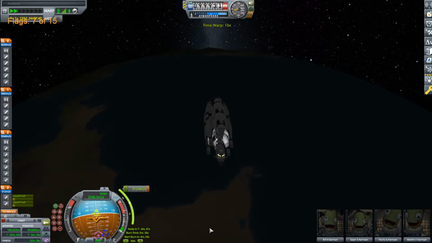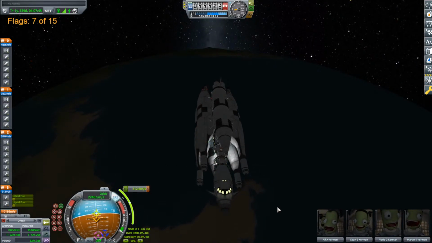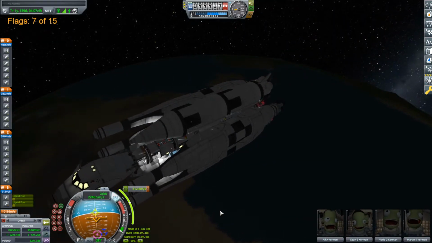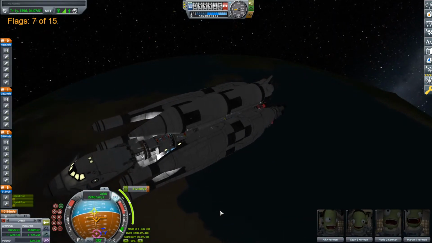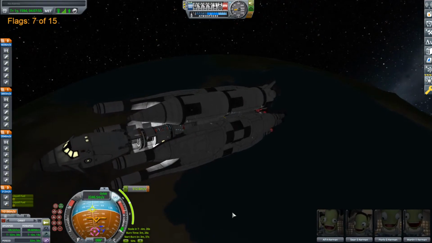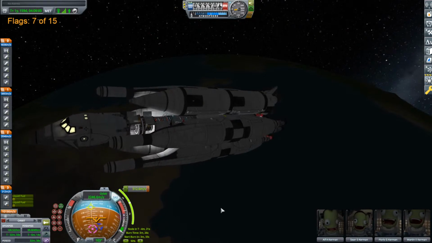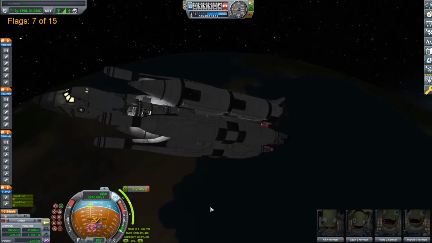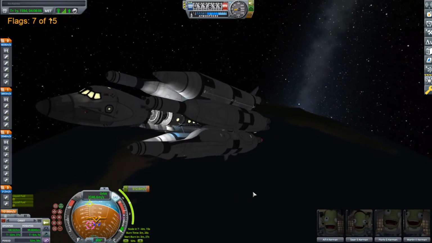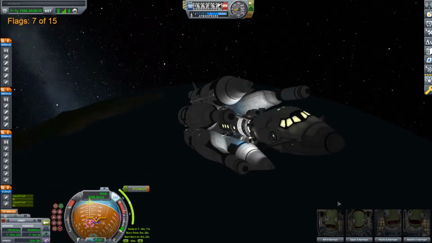Okay, we're a few minutes ahead of the burn. We're going to snap that to the maneuver node. I have obviously a high-level probe body in here. This thing is very sluggish in its orientation. Why does this feel so wrong? Like, am I just...